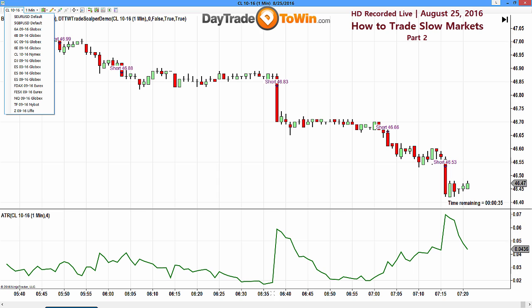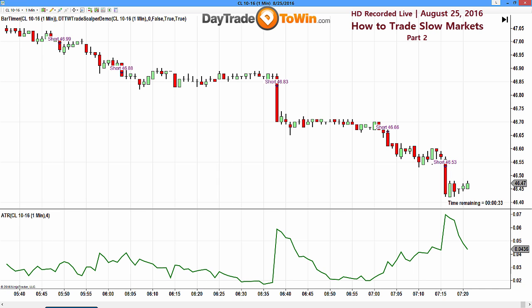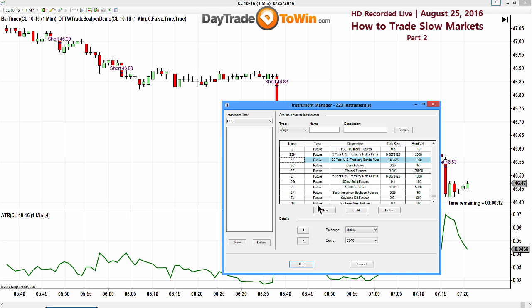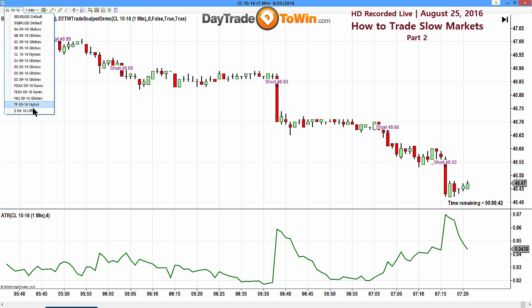ZB, the bonds notes. Let me just add that. I don't think I have it here, so hold on a second. Let me just add that here to my list. The bonds I'll add, and I'll add the notes too. I like the notes over the bonds personally, but it's neither here nor there. And don't you love the way that they change after the fact from 32 to 64 and then back and forth to confuse you even further? You know, another market I really like is the FTSE and the FESX. So let me just go back to, somebody wanted to see the bonds.